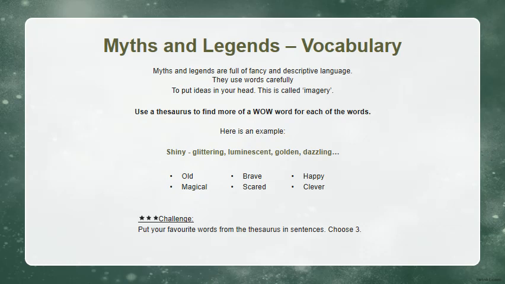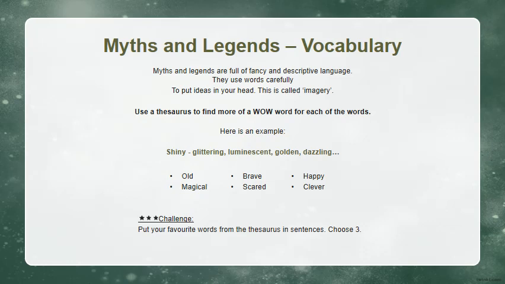Now, here is a small activity that you can do as a starter for myths and legends. Myths and legends are full of fancy and descriptive language. They use words carefully to put ideas in your head; this is called imagery. Now, use a thesaurus to find more of a wow word for each of the words. Here is an example: shiny. Now, the synonyms for shiny are glittering,